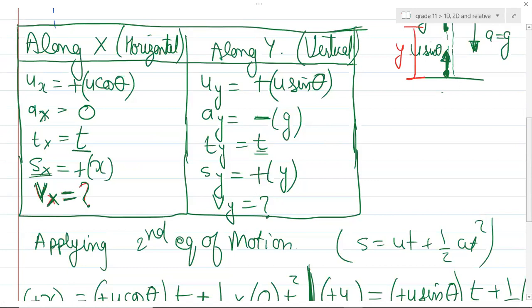Wait, we didn't finish the 2nd chapter yet. Wait, this is the 4th chapter, I guess. This is motion in a plane. So what I'm asking is, motion in a straight line we finished, right? Yes, we finished motion in a straight line. That's what, till there. From physical world till motion in a straight line.